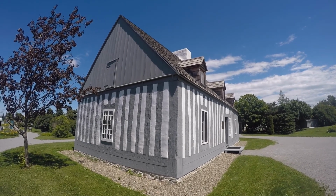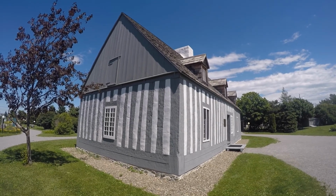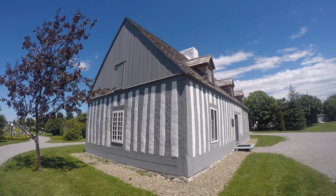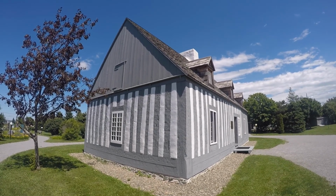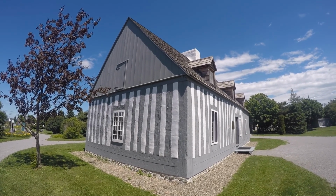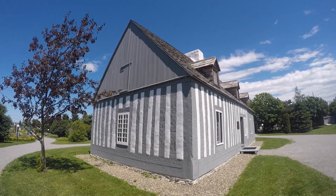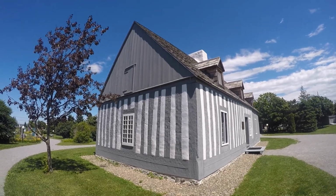This is an old house that was built in the 1630s, and it's unique in its architecture due to this vertical planking. And this is something that would be seen often in the Normandy region of France. It was brought over here to Quebec, and it was found to be a rather poor way to insulate a house. You see in the white sections, that is a mortar which is covering vertical stacked rocks going in between the wooden frames. The rocks themselves act as a thermal conductor, and they bring all of the outside temperature